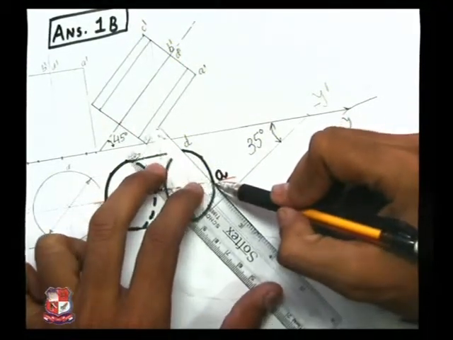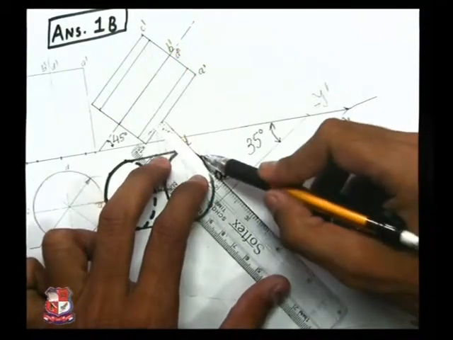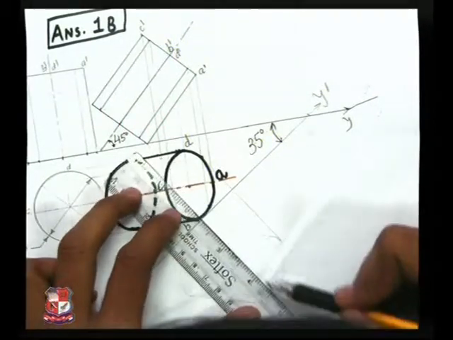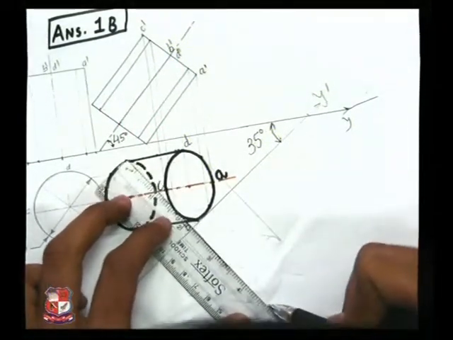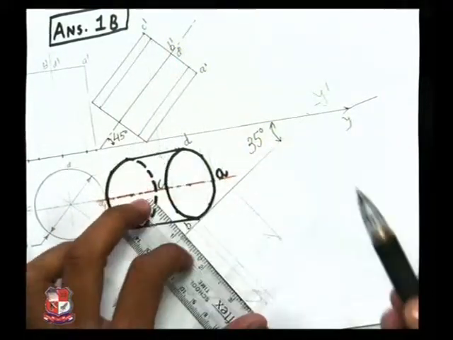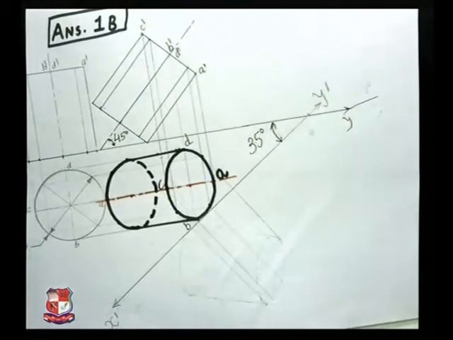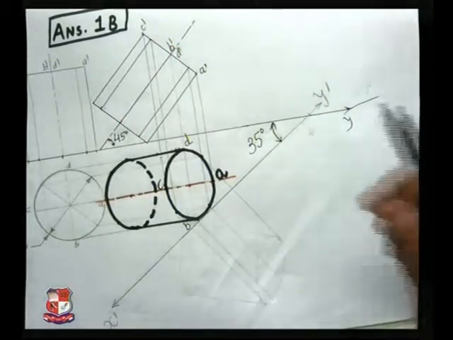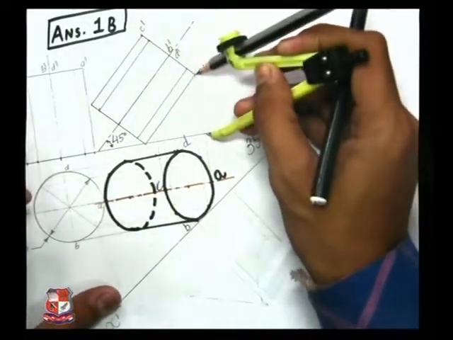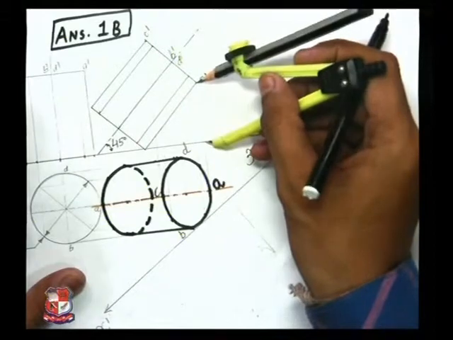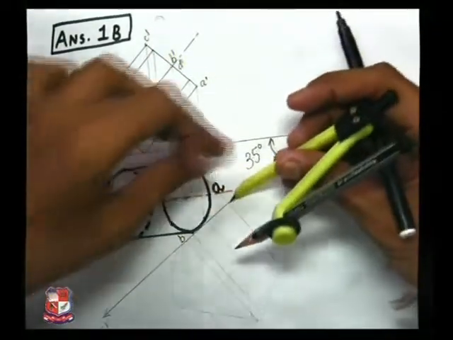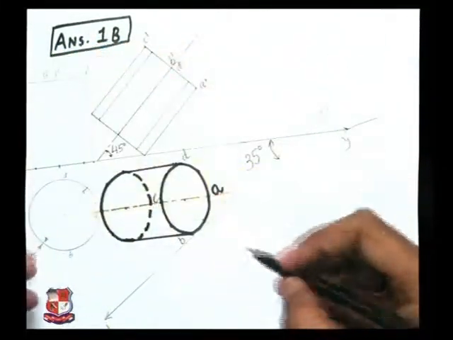So like this, perpendicular line from point A, from point B, from C, from D, from E, F, G and so on. After drawing these perpendicular lines, let me pick up the points from its front view. So measure the distance of point A. Suppose let me take point A, measure this distance of point A dash from XY line, and from here put this point, cut the arc on this side. So point A would be somewhere here.